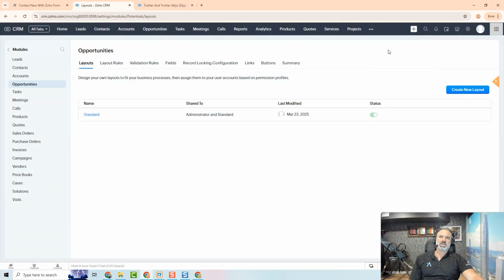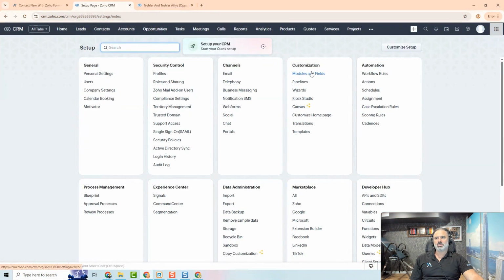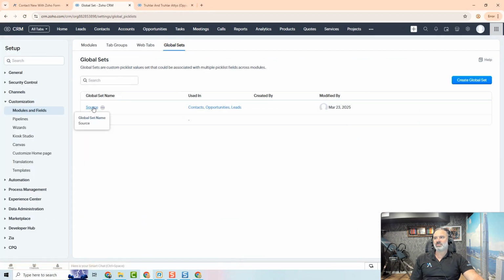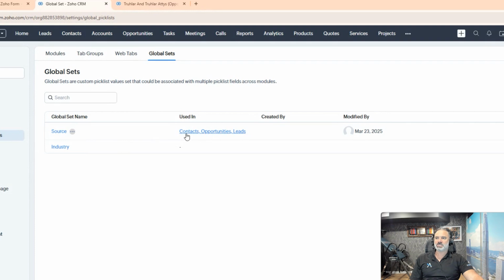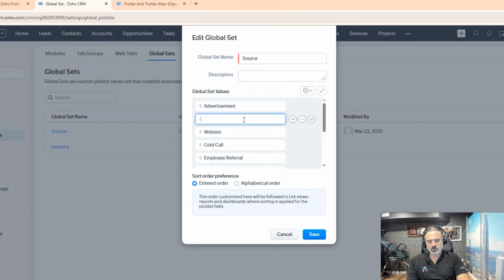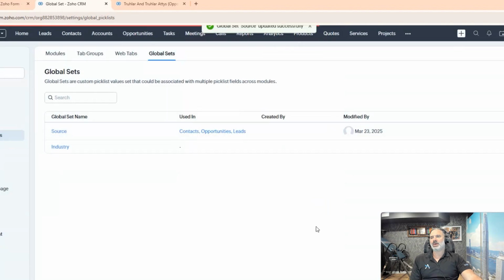In order to change the values on the global set, you will go to the setup, you will go to the modules and fields, you will click on global sets on the top, and from here you can see that I have one named source, and it's used in contacts, opportunities, and leads. I will click on it, and from here I can change the values. So let's say I have one more, landing page ABC. Okay, and now